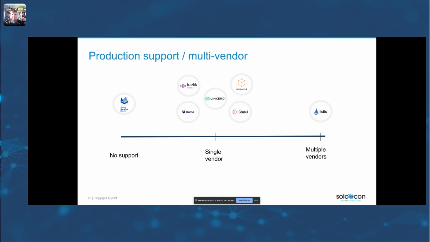And something like Istio, which you might notice a common theme here, has been through that process. Lots of different large vendors, small vendors, Solo included, support Istio in production. Other service meshes are backed by either smaller or just individual companies, or cloud providers, right? And you're at the mercy of these individual companies to try to support a service mesh, and some don't have any support, or at least not yet.